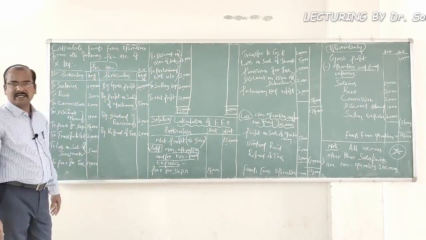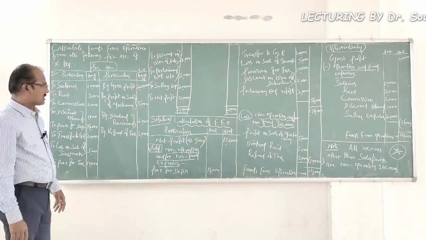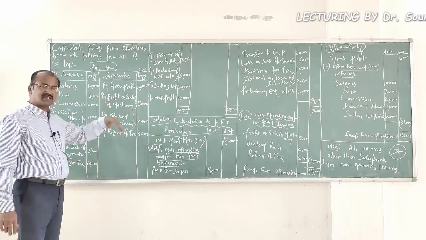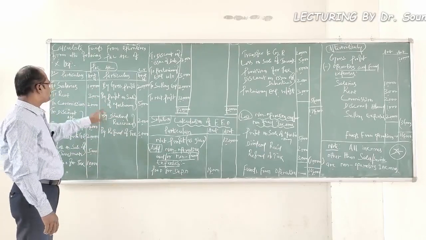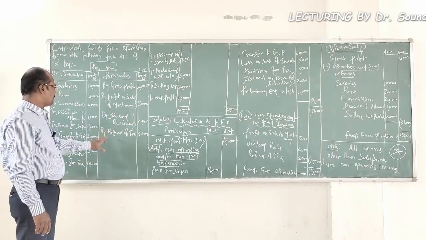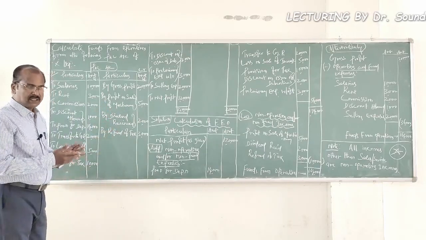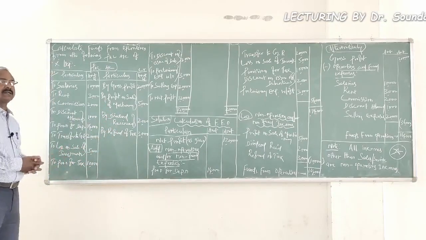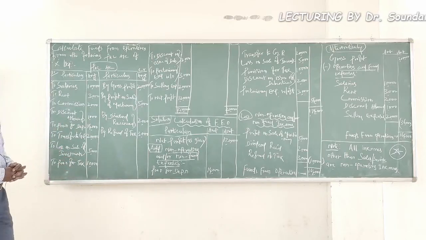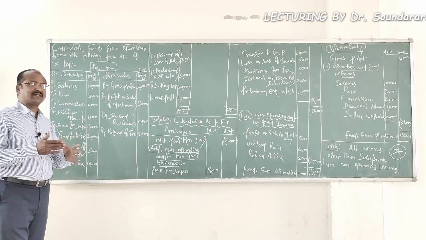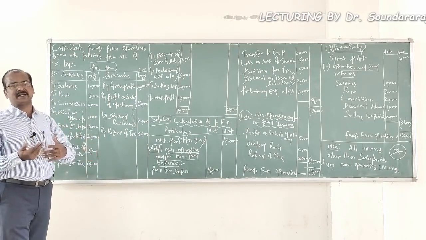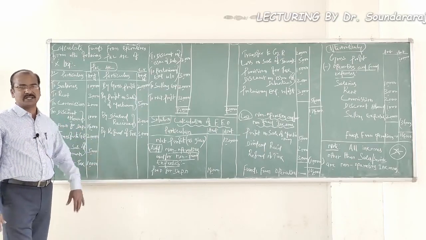What about the items that are credited in the profit and loss account? By gross profit amounted 2 lakh rupees, which has been transferred from its trading account. By profit on sale of machinery, by dividend received, by refund of tax. If you look into the details that are debited and credited in the profit and loss account of X Limited, you could understand that the operating and non-operating expenses and incomes have been recorded together.